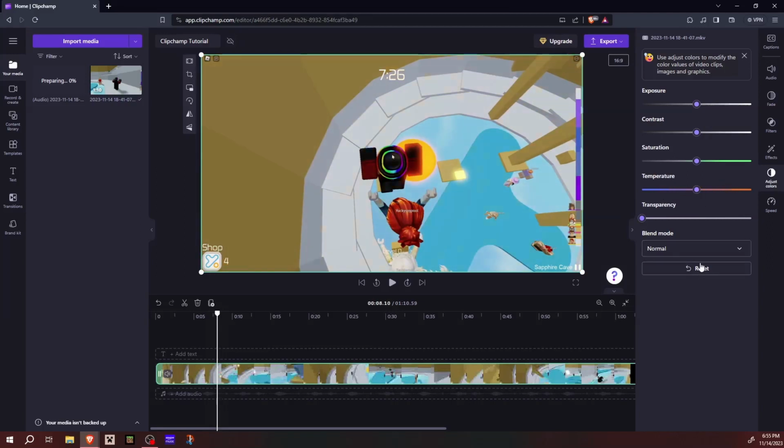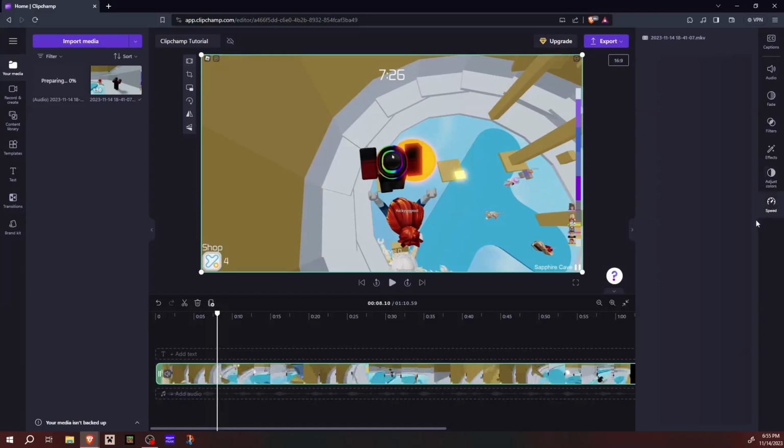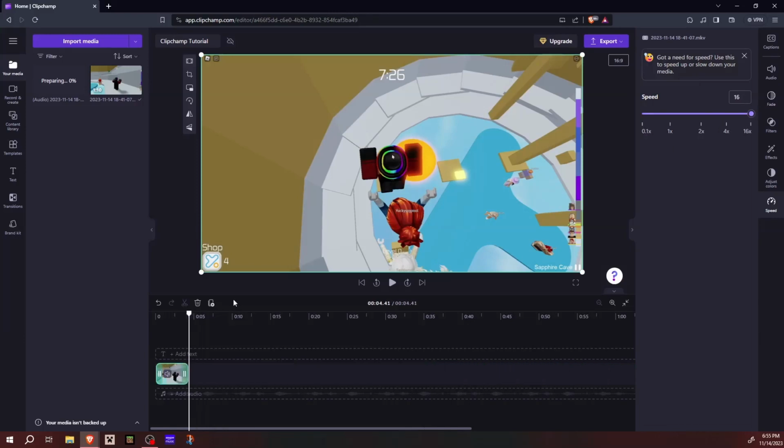Go ahead and press this reset button if you want. All that stuff. So next, our last thing here is the speed. The speed of our video is controlled by these two sliders that you're going to see here in just a second. Now I can make this video 16 times speed, and my 1 minute video has turned into just